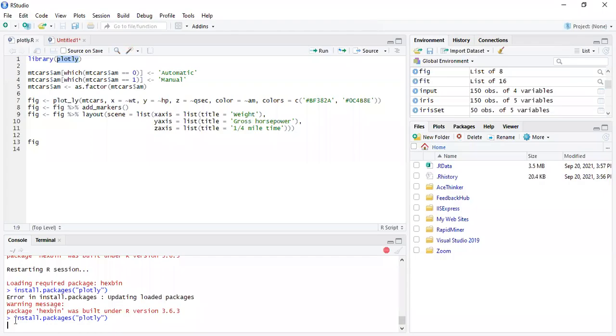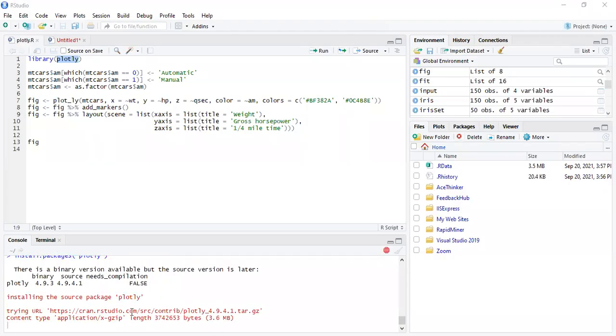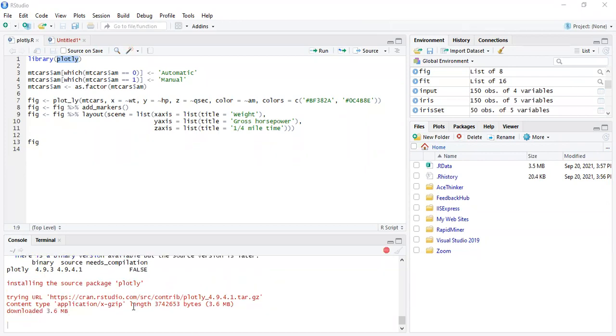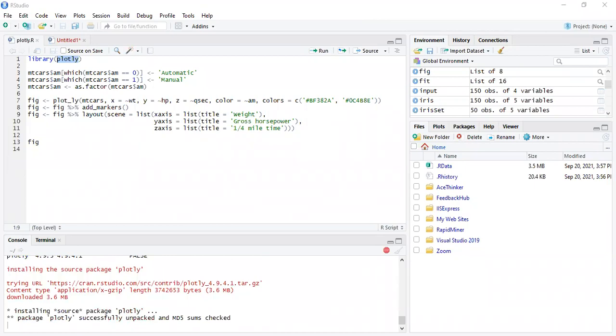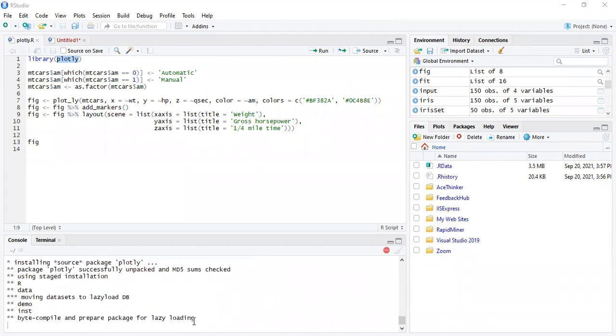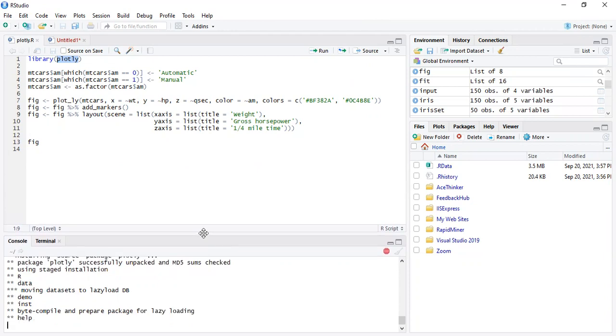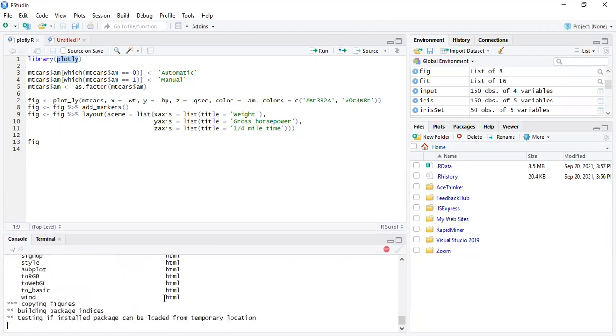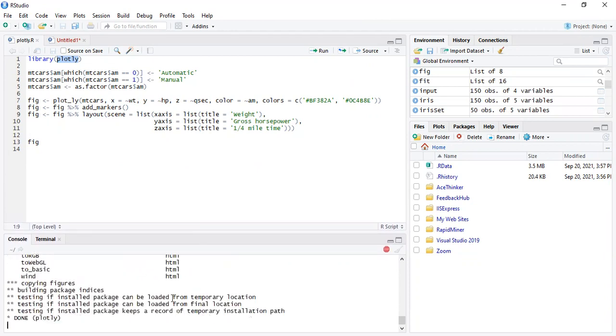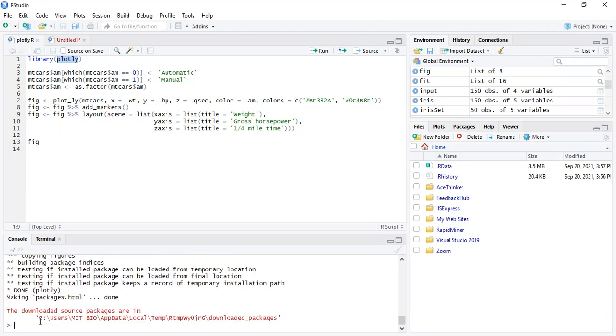Now you can see Plotly has been installing successfully in our system with R Studio. And once it's done, okay, the package has been successfully unpacked. So after it's done, the path has been defined where it has been installed.